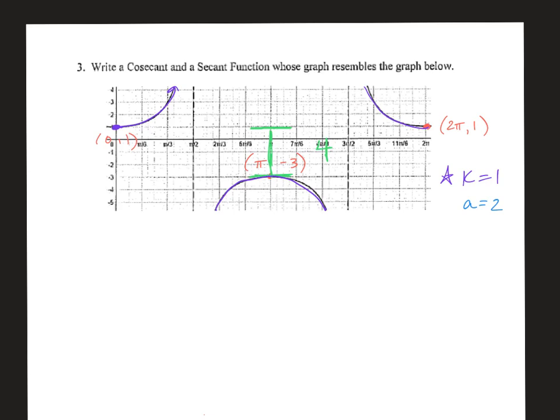Last part, as we take a look, we need to determine, was there a vertical shift at all? And since you notice that you have a distance of 4 in between, then if we split that distance and go up 2 units or go down 2 units, we will arrive at the middle of that graph. And so we notice then that we have a C value of -1. We have shifted our curve down 1. Okay, I think we have everything we need on that picture to be able to go through